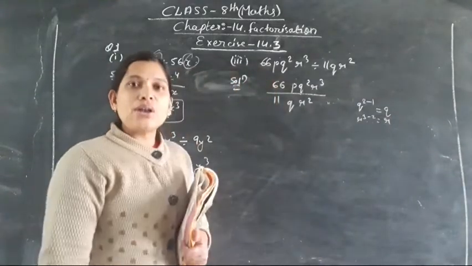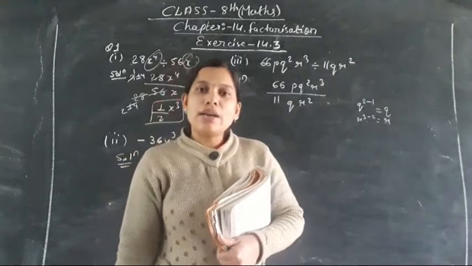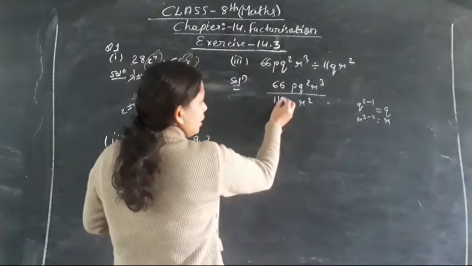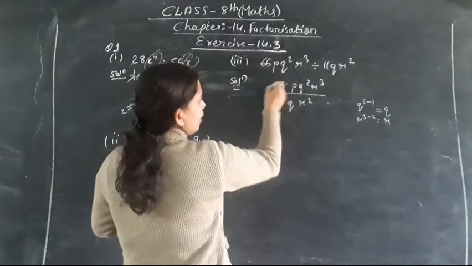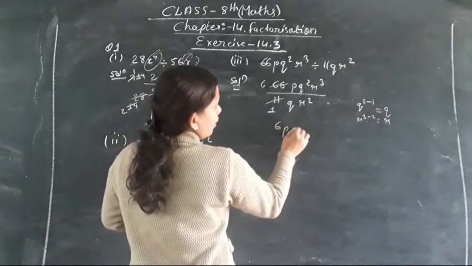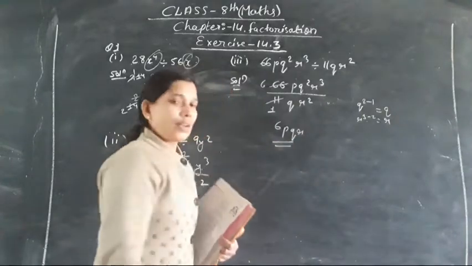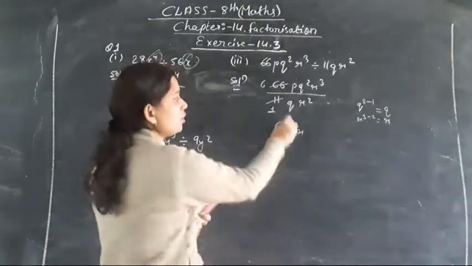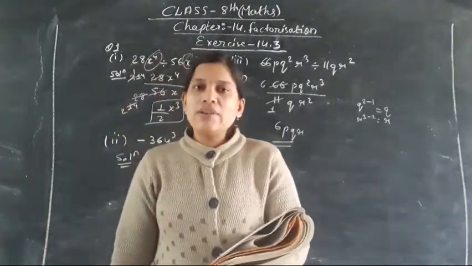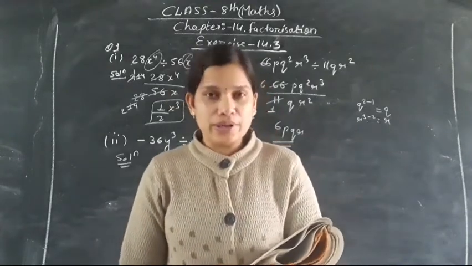Isn't it? Using the laws of exponent, a to the power m divided by a to the power n is equal to a to the power m minus n. That is the law of exponent, or directly you can cancel the numbers. As you know that in the 11 table, 11 sixes are 66. So 6pqr is the answer. Clear? As p does not have anything in the denominator, p will remain as it is. The rest of the other alphabets will be cancelled with the denominator variables.